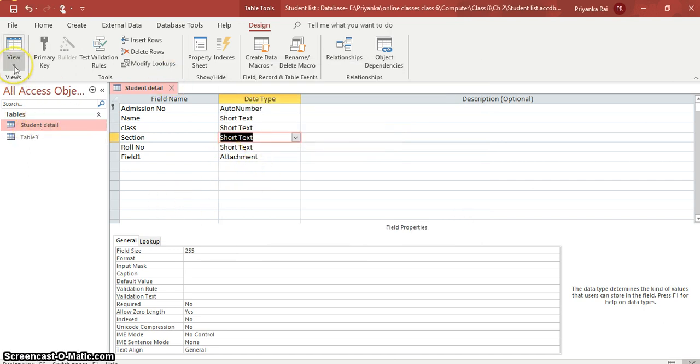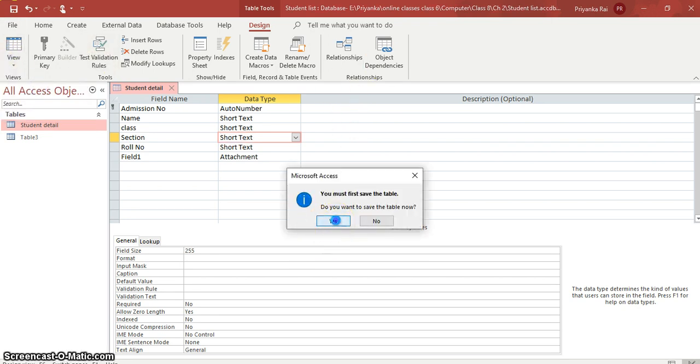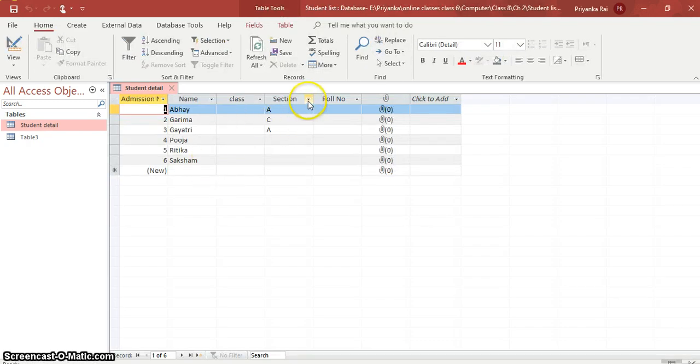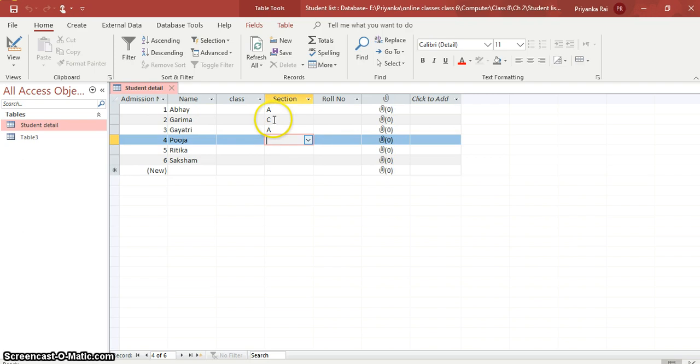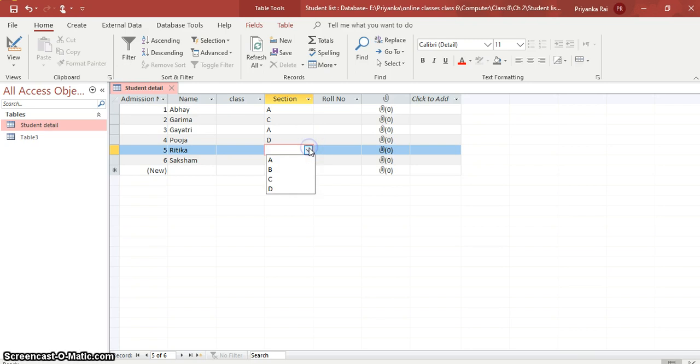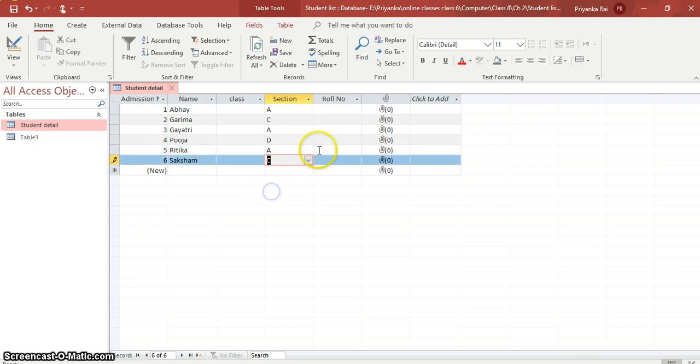Now let us see. For entering data and anything, we use datasheet view only. So I have to go to datasheet view. Now suppose I want to enter data here using the lookup wizard. This type of table will appear. This is the drop down list because I have created a lookup wizard. Now these are the options. I want to choose this, and this will appear. So it makes your task a little easy, like this.